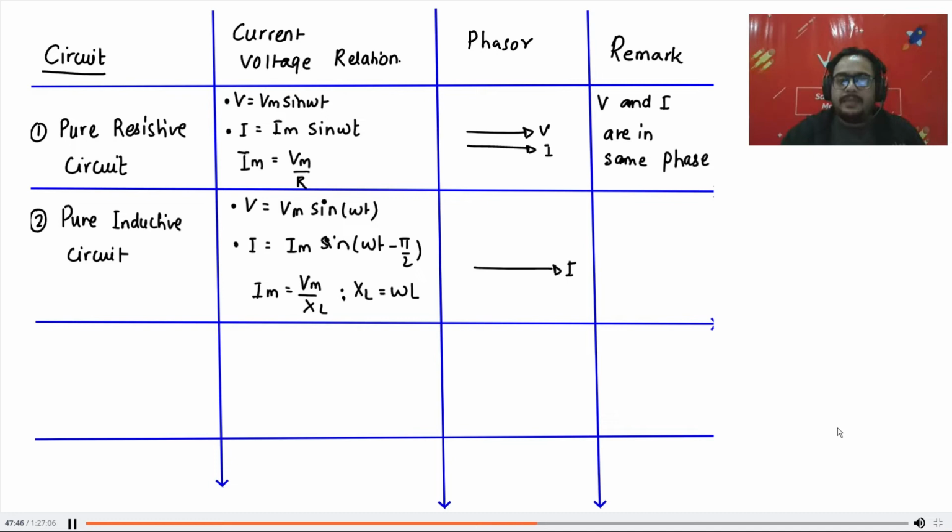So basically, if current is like this, voltage will lead it by pi by 2. Is that clear to everyone? And we simply say that voltage leads current